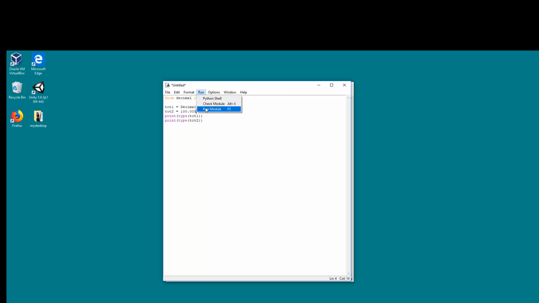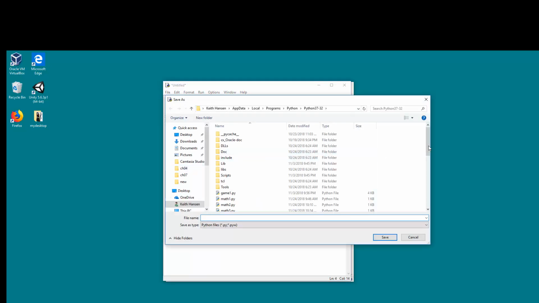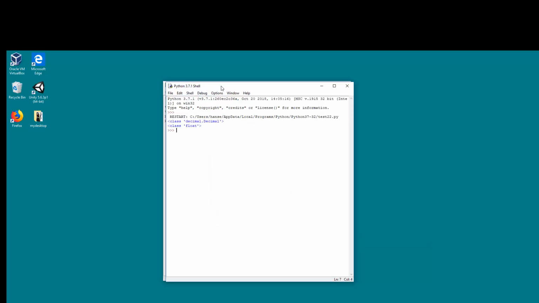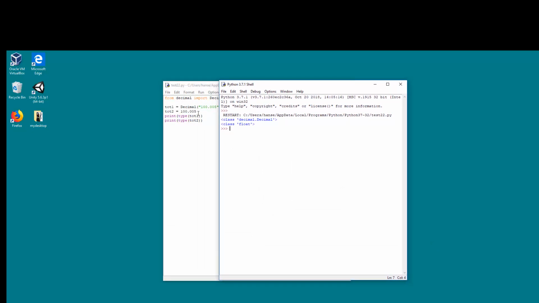So we're going to run it, and it's going to ask us to save a program name. So let's give it one. Okay, so we can see that when we made a float, the float is a class of float, so it's a float object. But the other one, the new one, it says decimal, and that's the module, and then decimal is what we assign the type. So we have a new type,